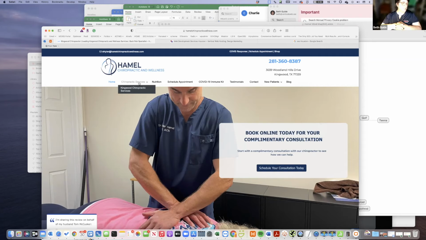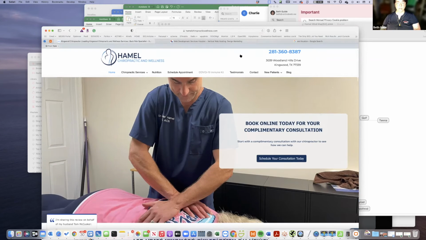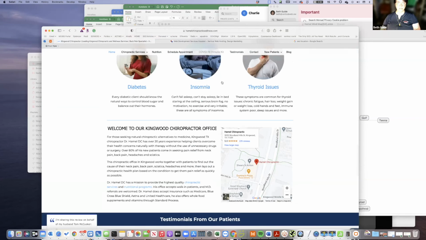This question says, can you have the page and map side by side? I don't know. You mean here on my computer, or on my view, or on the website itself for us to view? Oh, it's down here on this one. It's here in the footer.